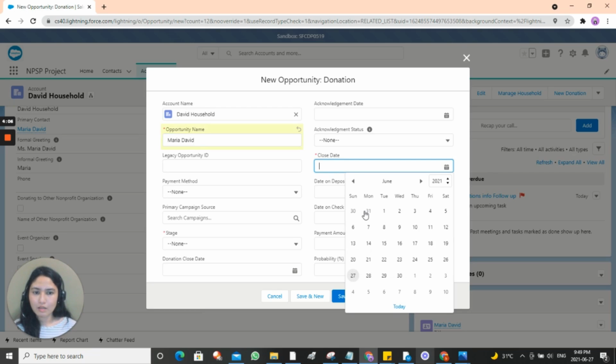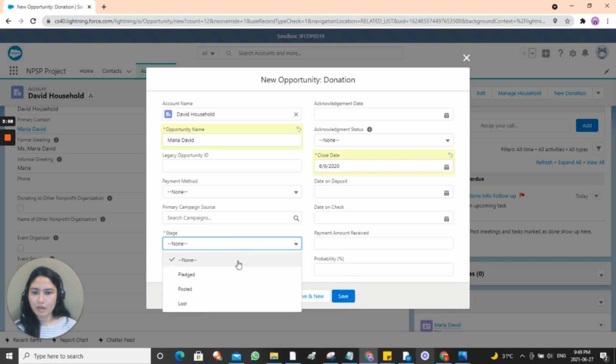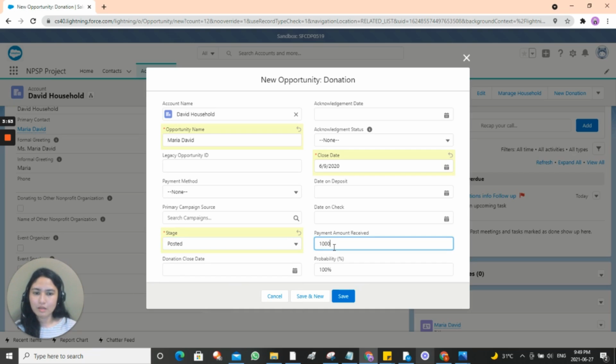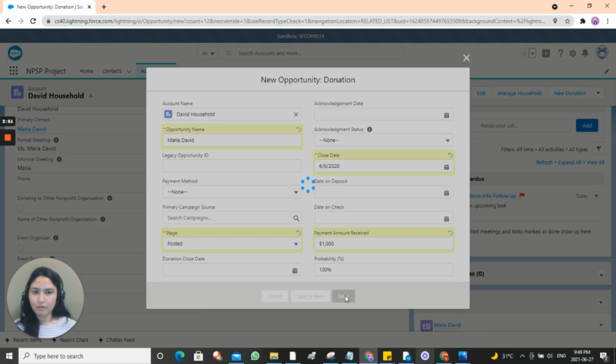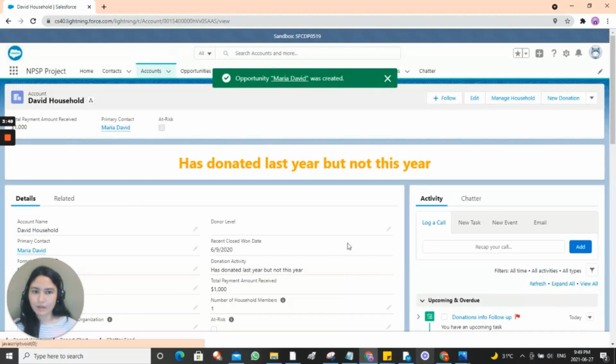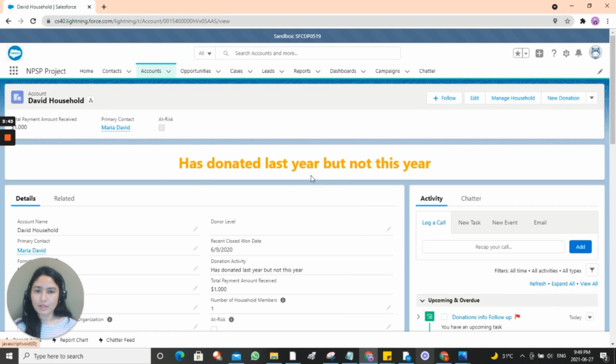The close date is always required to save a record for an opportunity, and since Maria has donated, we're going to mark it as posted for the amount and save. And here you will see that the banner has changed from "has never donated" to "has donated last year but